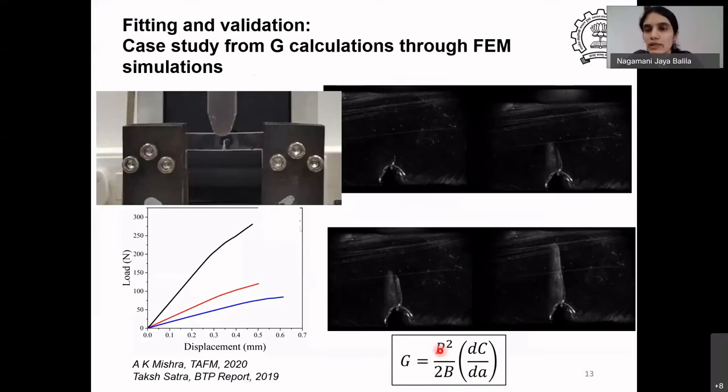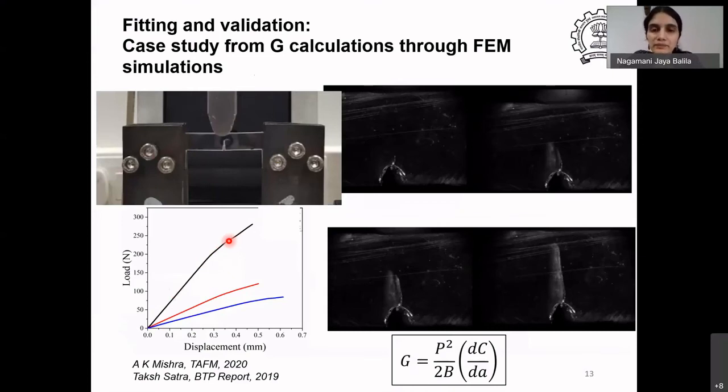Now, P is the load that the material is seeing. So, for example, if you did this test, you would get a load displacement curve. Just take one of the samples here. Don't worry what the other samples are. Let's say you had an initial certain crack. So the sample would continue to take load up to a certain point, and then you see there is a deviation from linearity here. That's the point at which the crack actually started to grow.